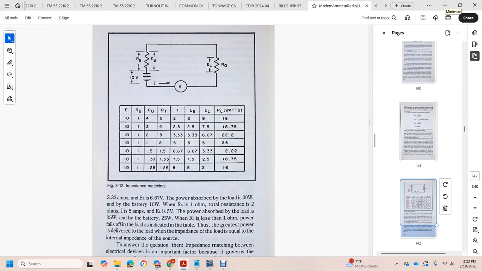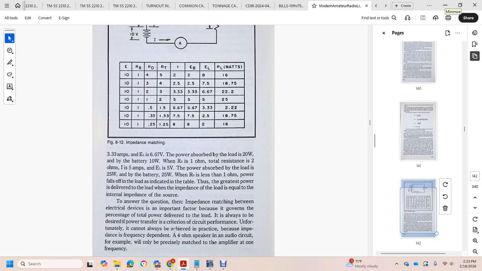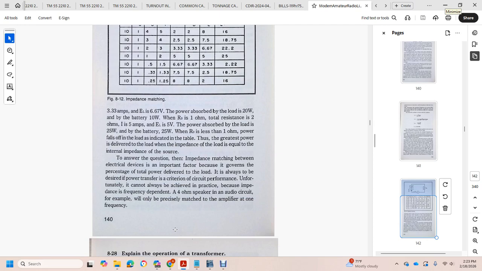When resistance R0 is less than 1 ohm, the power delivered to the load falls off, as indicated in the table. The greatest power is delivered when the load impedance equals the internal impedance of the source. To answer the question of impedance matching between electrical devices, an important factor is the percent